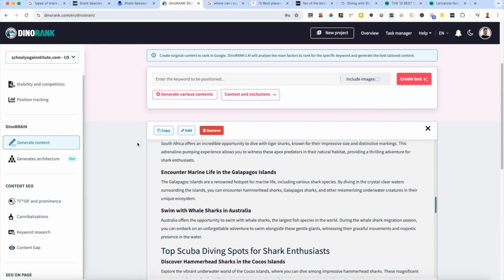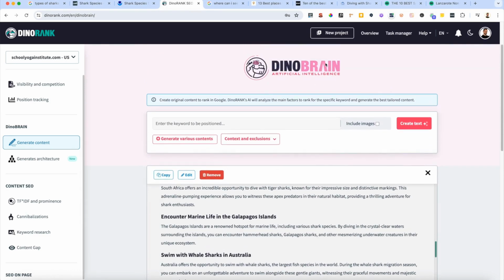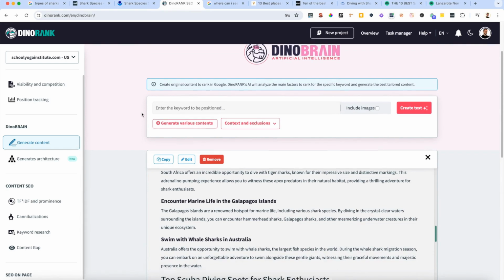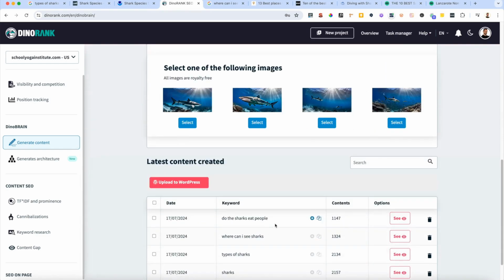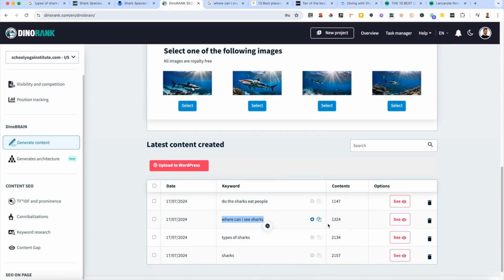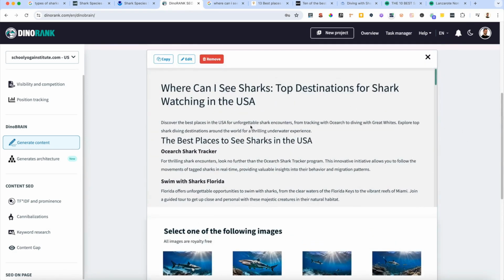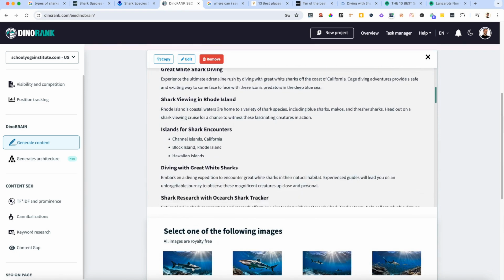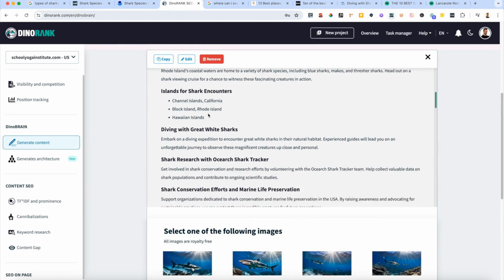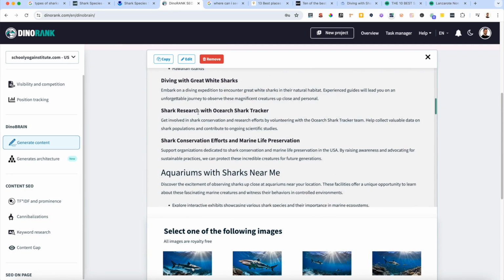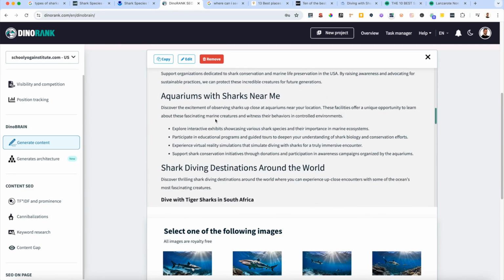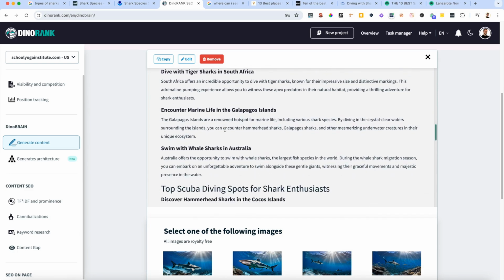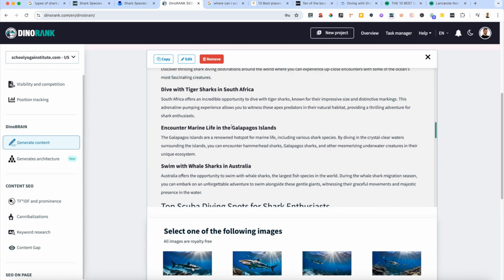Interestingly, in most cases, or at least that is the predominant use that users tend to give to DinoBrain, they often use short-tail keywords to rank blog articles. However, as you can see here in the case of where I can see sharks, if we go to view the article, it has created a list of places effectively, considering the user's search intent and the top-ranked results. As I mentioned earlier, the main sites, the primary places where I can see sharks, as indicated by its seed